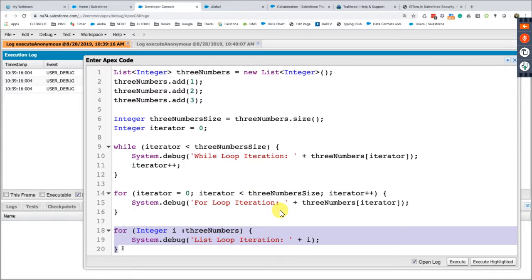Last but not least, I am going to use the other type of for loop, which loops through a collection of elements, in this case, a list of elements. And I'm going to name each of the elements in that list I. And then with the list for iteration, I'm just going to print that number. I do not have to get the number as I did here, because this loop is already doing that for me. All right, so if I run this,